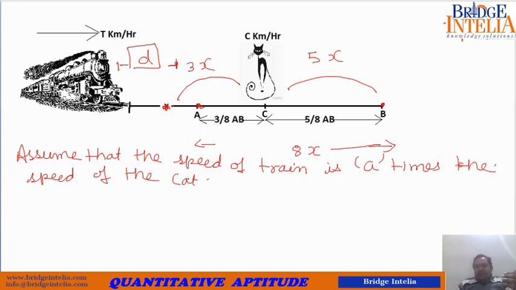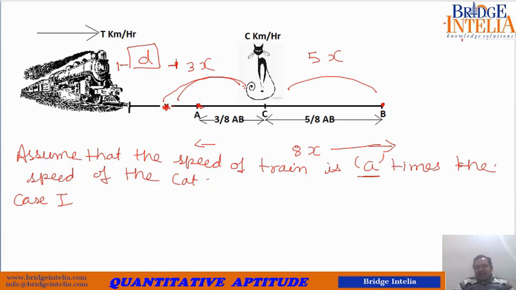Now if my speed is 2 times your speed, what does that mean? It means I would be able to cover twice the distance you would be able to cover in the same time. So if someone's speed is a times the other speed, he is going to cover a times the distance in the same time. So now look at case 1, when the cat is using this strategy, this exit.